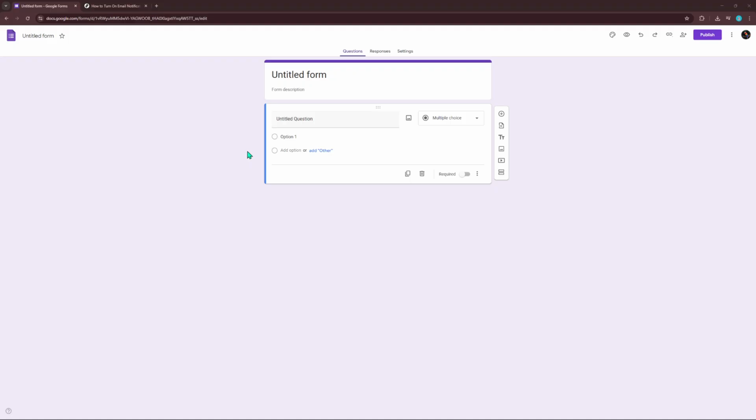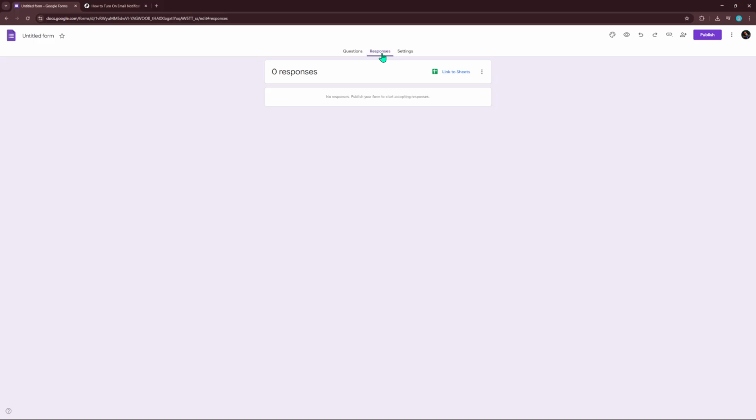Once your form is open, look along the top of the page for the main tabs. You'll see questions, responses, and sometimes settings depending on your view. Click on the Responses tab. This is where Google Forms gathers all the submissions. You'll notice a summary of results, and you might also see icons for linking to a spreadsheet. You don't need to connect a spreadsheet for notifications to work, but it's good to know this is where your